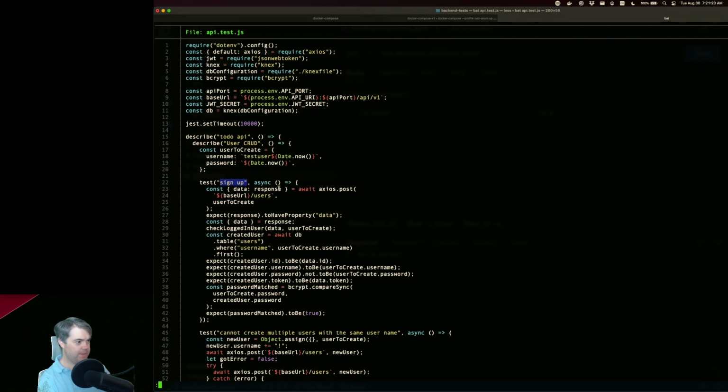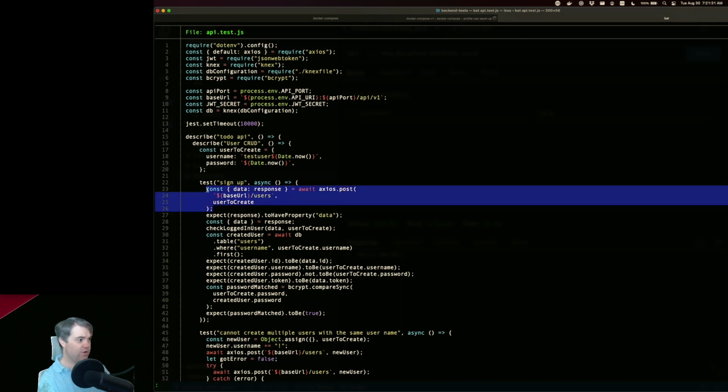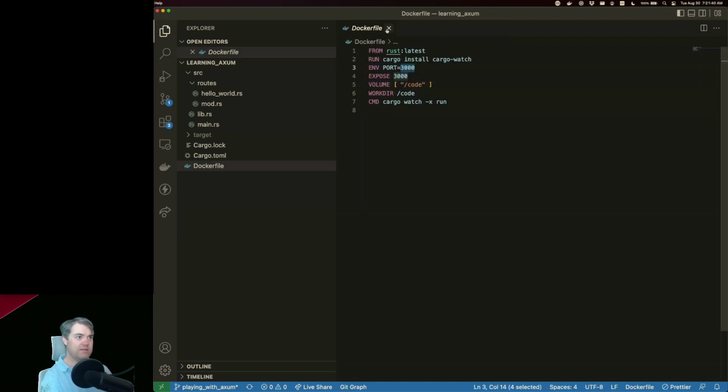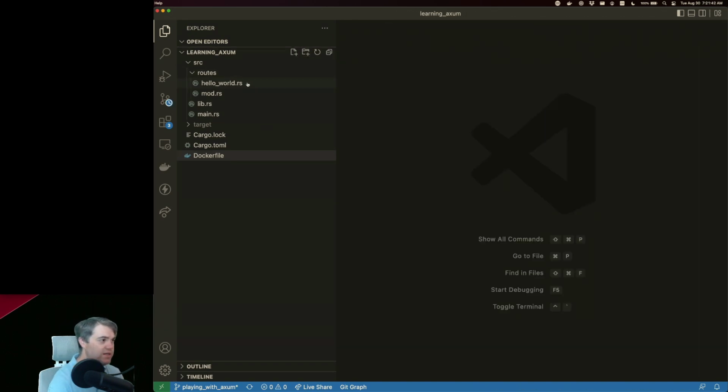All right, so what do we do? We Axios post to users, and we're getting a 404 error. So if I do a sort of more defensive style programming here,